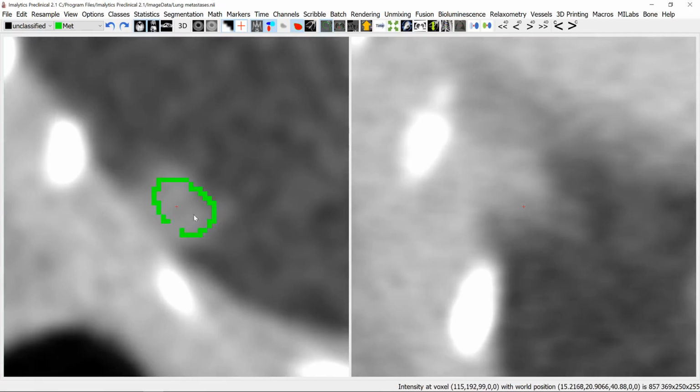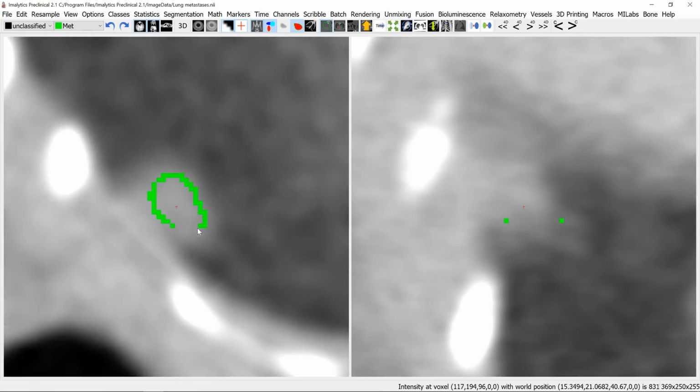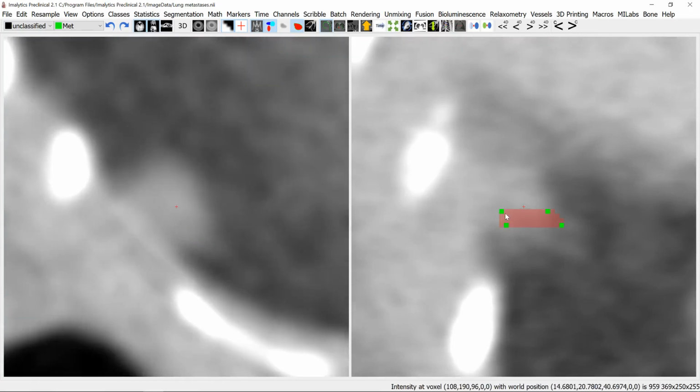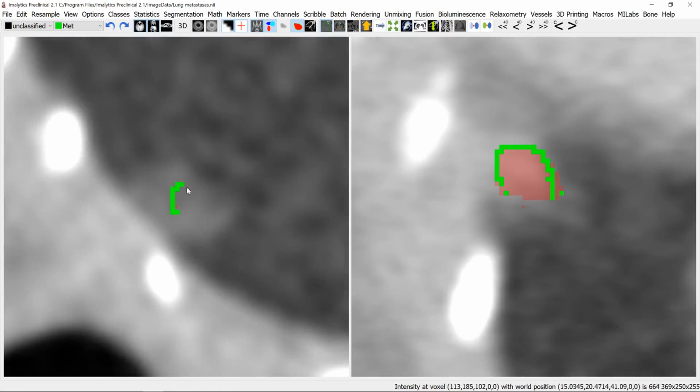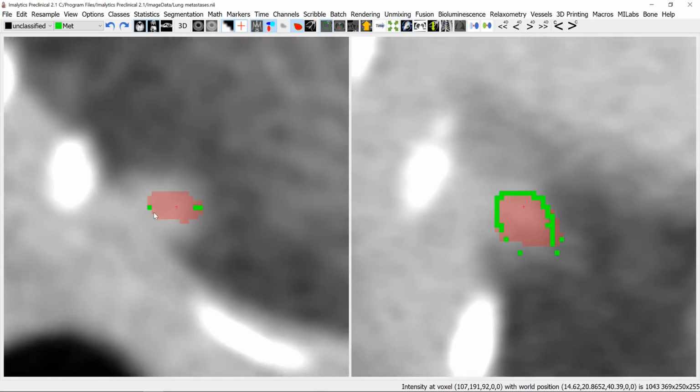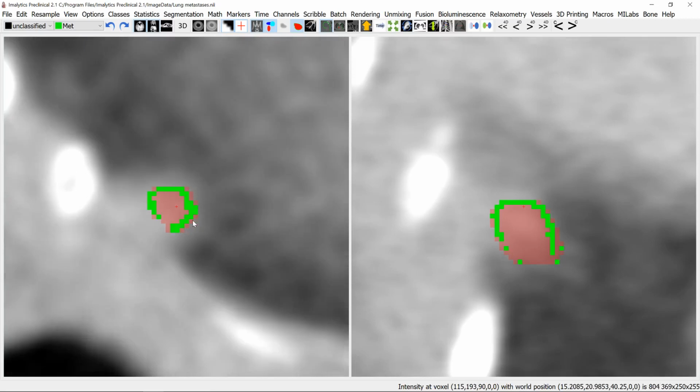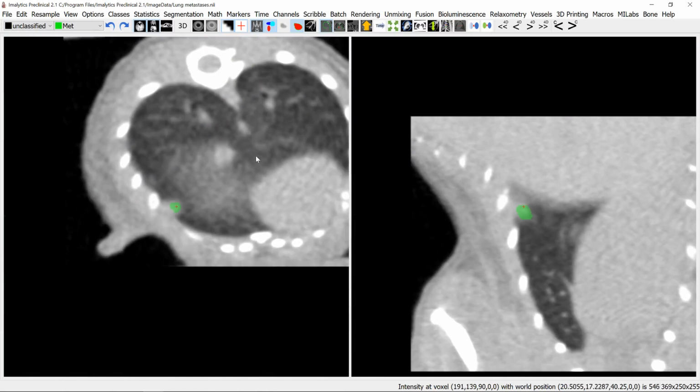delineate it, slice through. Here it's maybe more difficult to see in this case. Just do your best. Segment the metastasis, press F3 and F4 to accept it. And now we have these